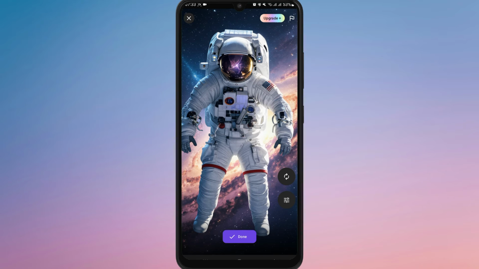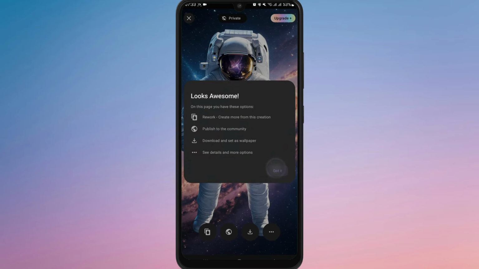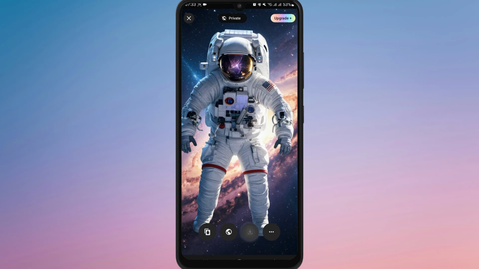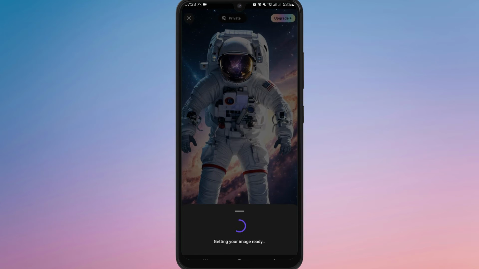Once the wallpaper or ringtone is ready, preview it and decide if you want to make any adjustments or generate a new version. If you are satisfied, tap Done and then the download icon. This will bring up options like Make 3D Parallax, Set Wallpaper, Set Lock Screen, Set Boot, Adjust, and Save to